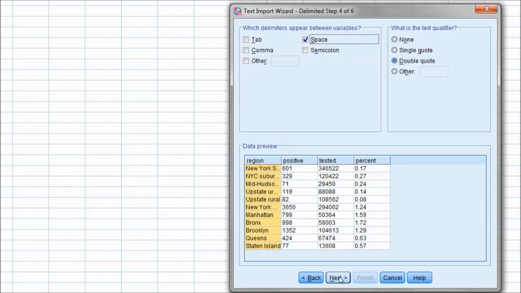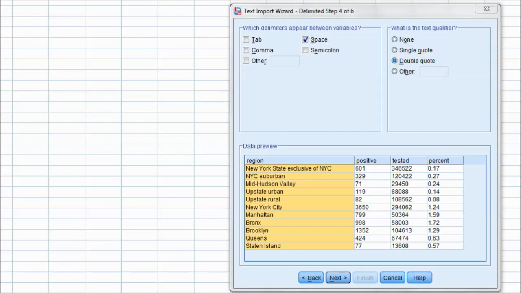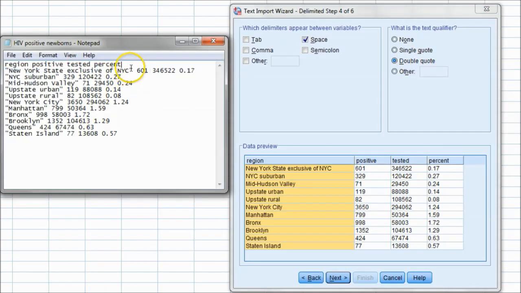On step 4, we simply have to tell it what the delimiter is between variables. By default, it already has us at space, and it gives us a little preview of what it looks like. From what we can see, this is actually going to import correctly, giving us our 4 variables. The reason it's able to do that, as we had mentioned, is this double quote as a text qualifier. And essentially that's what's telling our import wizard that